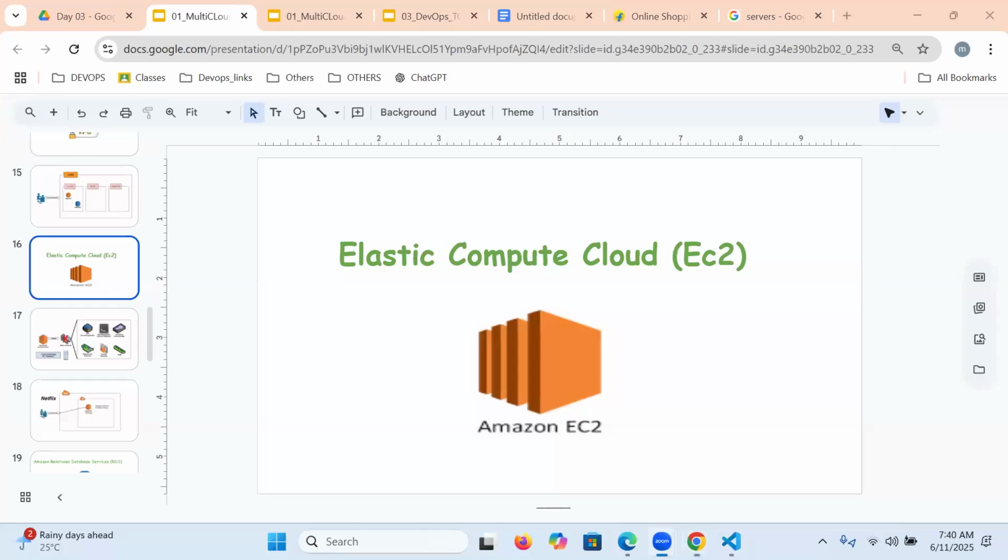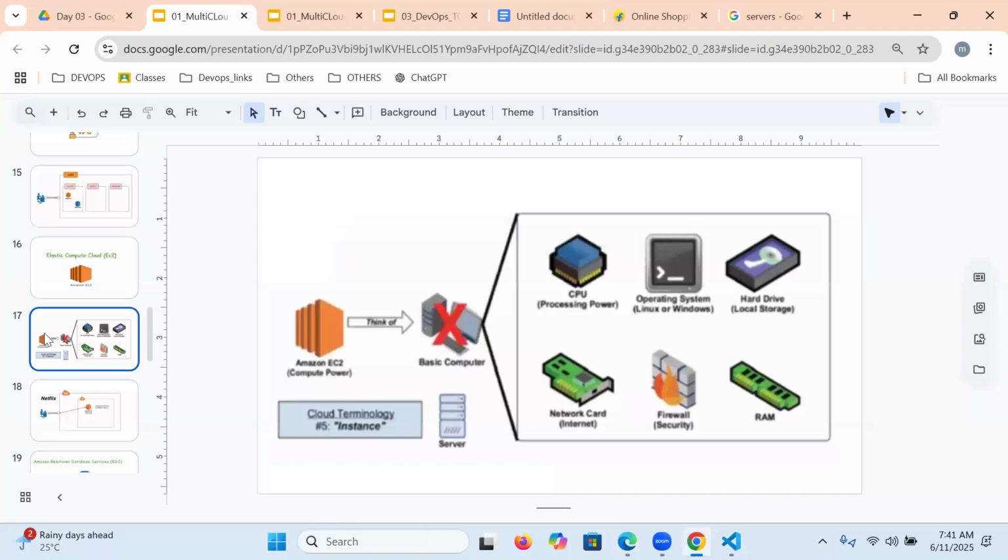But what is EC2, please? Compute means what? RAM, CPU, i5, i4, i3 core. Am I right? The computing power, if we can access it over the internet in elastic form, flexible form. Elastic form means what? Flexible. So we call it what? EC2. Elastic kind of computing power. If we can access it over the internet, we call it EC2. 1E, 2Cs. That's what we call EC2.